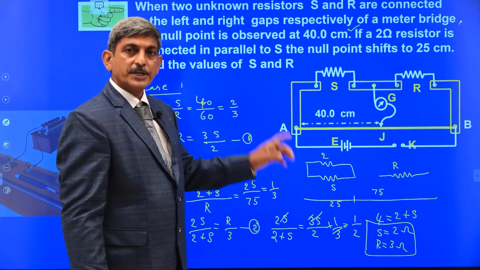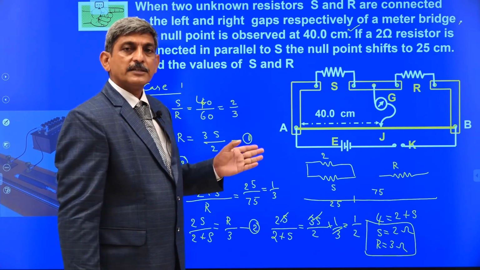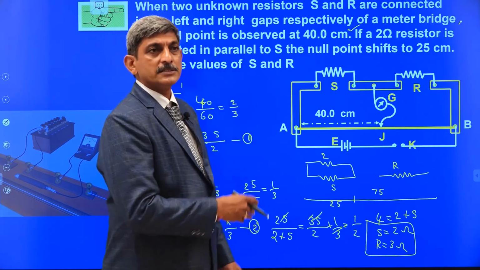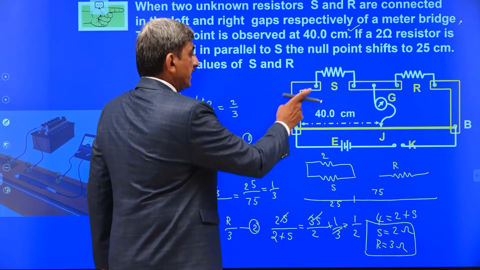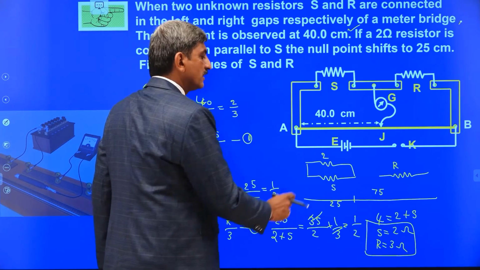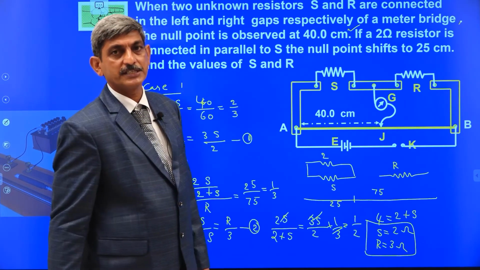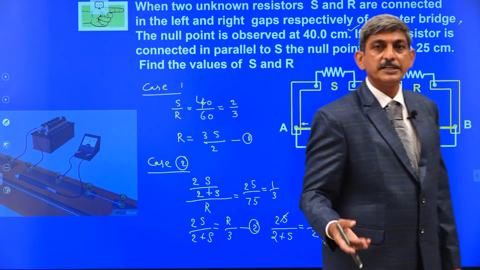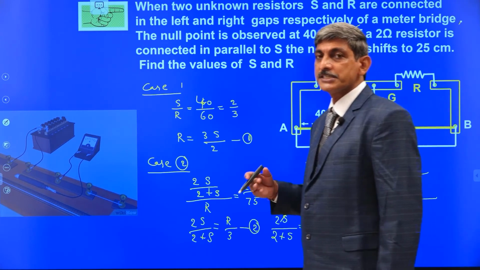Okay, so here two cases are given. We apply the balancing condition 2 times. So by simplifying the obtained equations, we have the two unknown resistor values. See, similar to this, the problems may also be given in other ways. Instead of connecting a resistor in the left gap parallel to the first one, this resistance may be connected in series. Then the effective resistance will be changed. Instead of joining the resistor in the left gap, the resistor may be joined either in series or in parallel in the right gap. Then also the effective resistance value is changed.